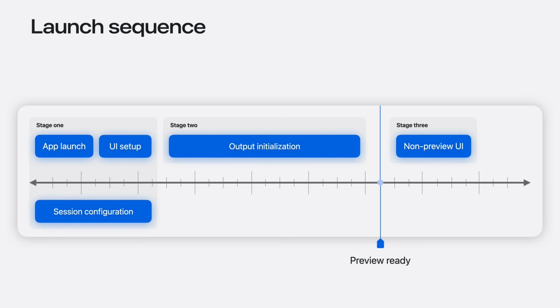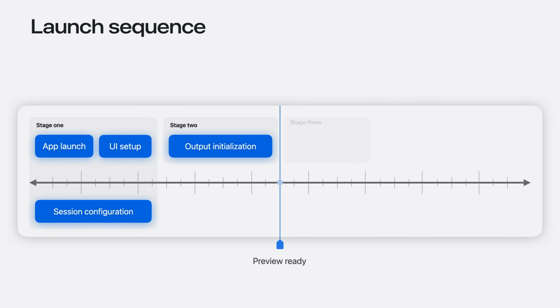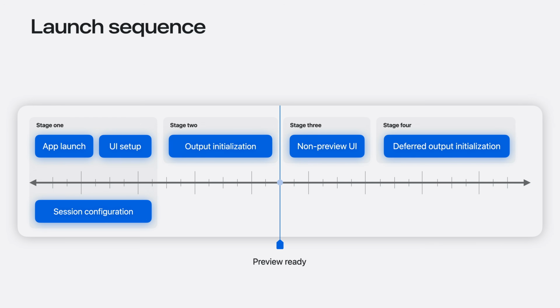With Deferred Start, the launch sequence changes. The app launches, configures the session, and starts it. Now only the preview output initializes before the first frame displays. The system then either runs the deferred initialization automatically when conditions allow, or waits for the app to signal when